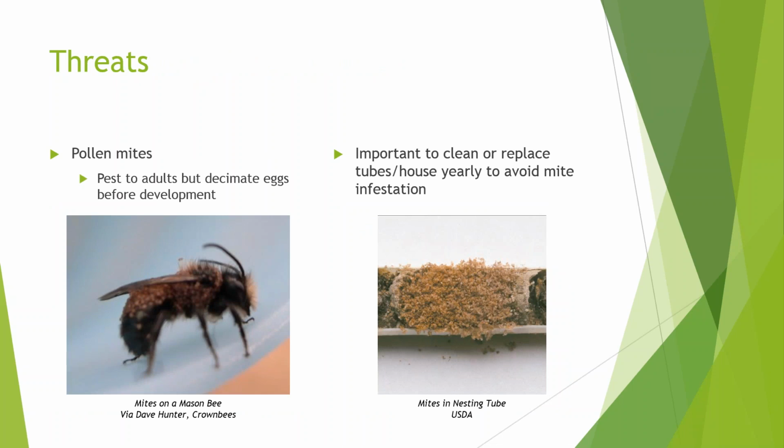One of the big threats to the mason bees are pollen mites. Pollen mites are naturally picked up on flowers or as bees emerge from their nest tubes. The mites are more of a pest to the adult bees, but they will decimate eggs before they have a chance to develop. The mites will eat the pollen ball that the female left with the egg and thus cause the larvae to